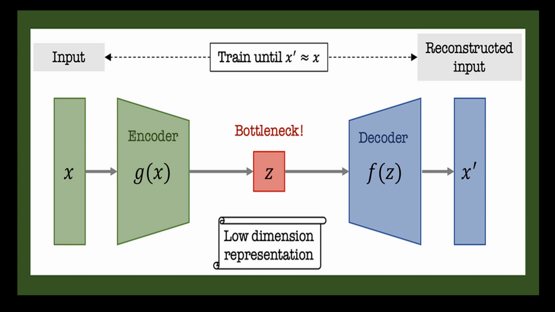Now comes the variational autoencoder. The encoder of this variational autoencoder maps the input data to a probability distribution over the latent space. So instead of a fixed length vector, the latent space is represented as a continuous distribution, such as a Gaussian distribution. And this distribution encodes the probability of each possible latent vector. The variational autoencoder's decoder will then generate a new sample from this distribution and map it back to